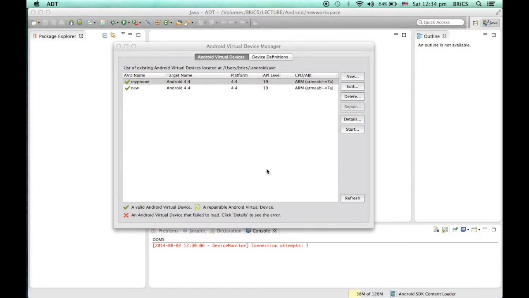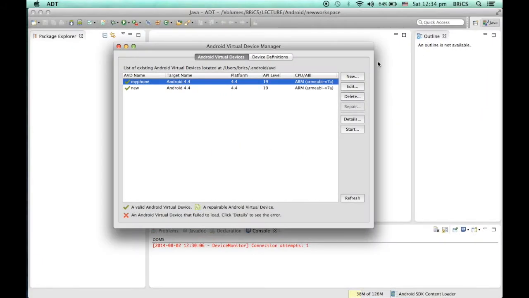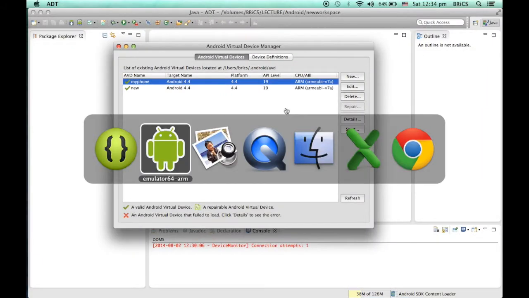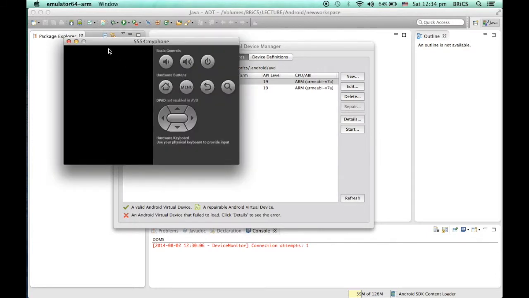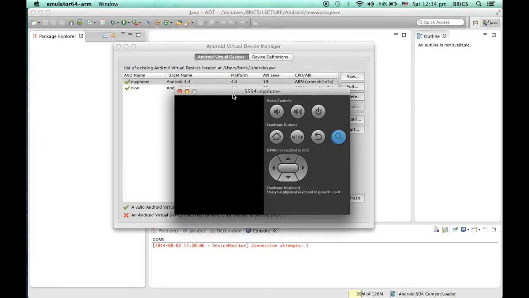Just wait for a few minutes, it will run this thing. It's starting now. As I have selected a very small phone, its screen size is very small. If you select a bigger Android phone, the screen size will be bigger. But as I told you, if you select a bigger phone, it will take lots of time to start the phone and to run your software.